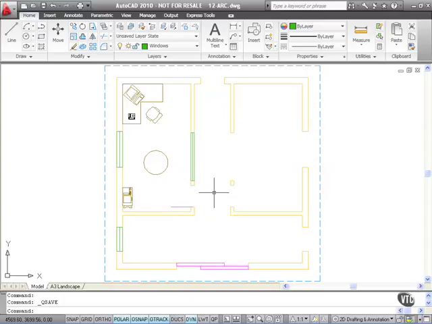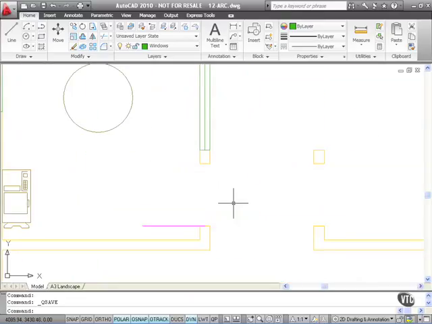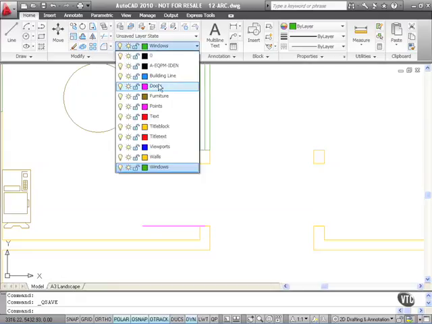Now, two things we need to do. First thing we're going to do is zoom in so that we can see what we're doing. Just roll in on the wheel mouse there, or use one of your zoom commands on the navigate panel on the view tab perhaps. We also need to make sure that we're on the right layer. So, layers panel on the home tab there, click on the pull down menu, make sure we're utilizing the doors